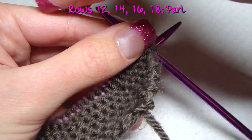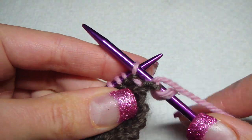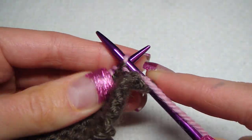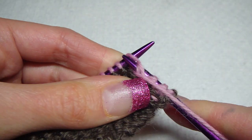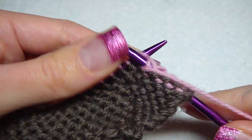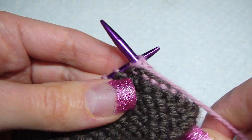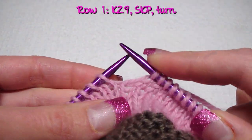Rows 12, 14, 16, and 18 you purl. All the way to the end of the row. Okay, so for the end step, we're going to knit 29,